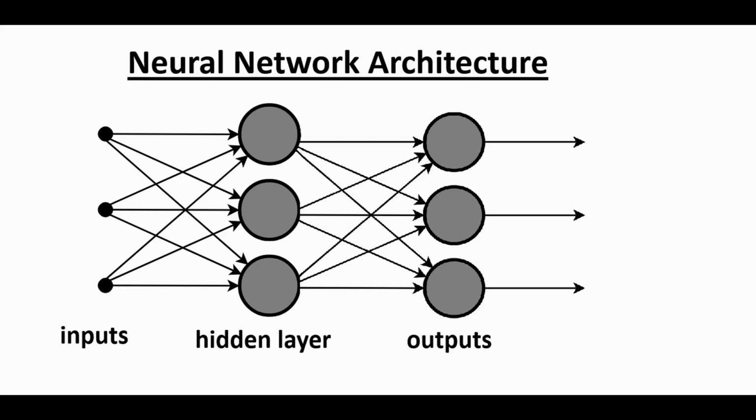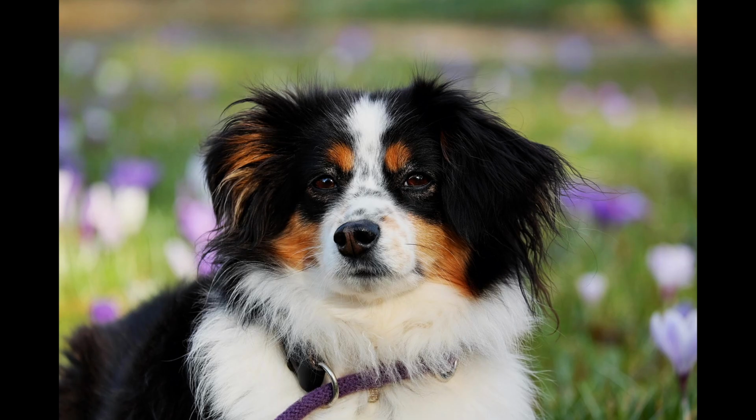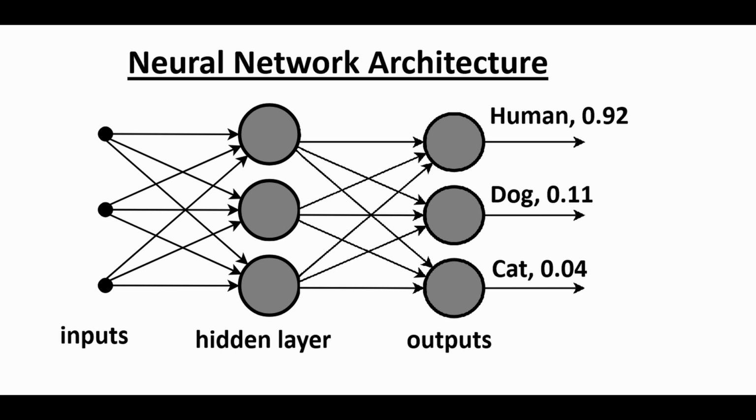The outputs of any given node are passed forward and not fed back to prior nodes to ensure that units aren't dependent on their own values. For example, if we're distinguishing between images that contain a human, cat, or dog, there could be 3 output nodes, one for each type, human, cat, and dog. Each node would compute a final calculated value to represent the degree to which that image matches its respective classification, human, cat, or dog. In this case, we can take an image that is represented as 1024 by 1024 color pixels